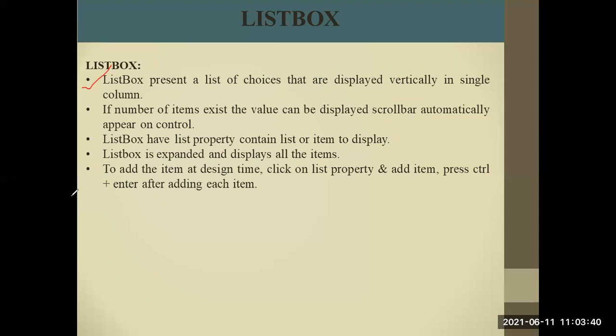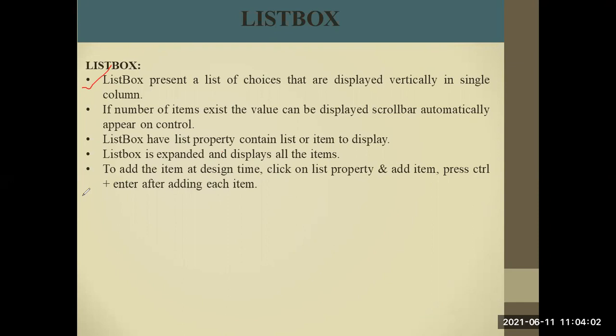And if the items exist, the value can be displayed and automatically appear on the control bar. Now you can scroll to check whether it appears or not.